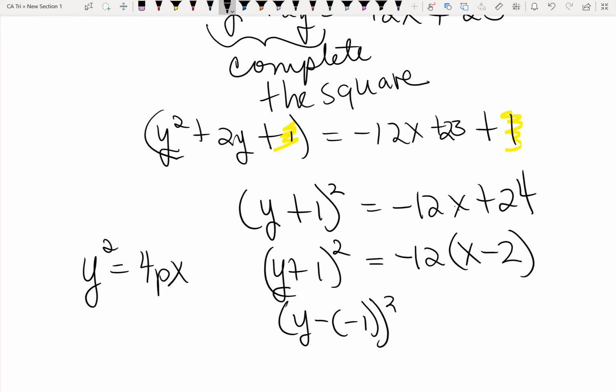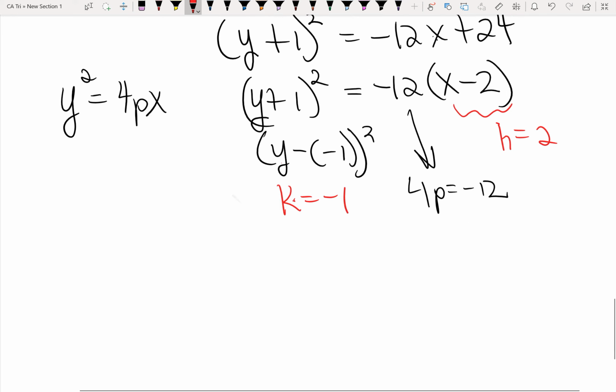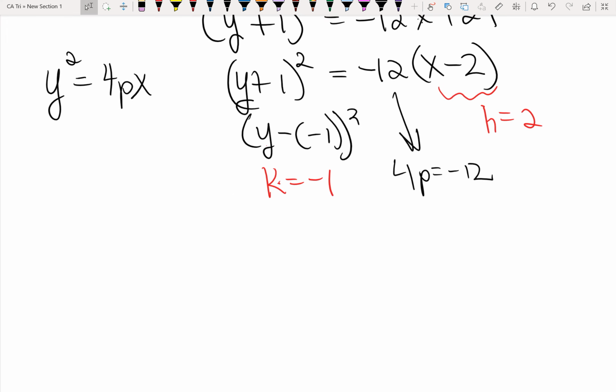Alright, and so the 4p part of the formula, so 4p is equal to negative 12. According to this, I know that k is equal to negative 1. According to this, I know that h is equal to 2. Remember, the x associates with the h and the y associates with the k. Alright, and so we have a lot of information already. So we know that the center, since h is 2 and k is equal to negative 1, that, not the center, the vertex in our case,